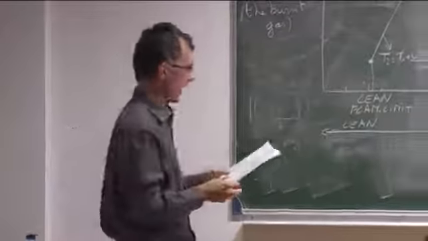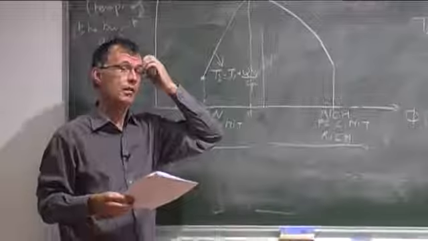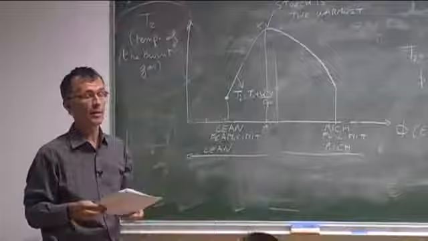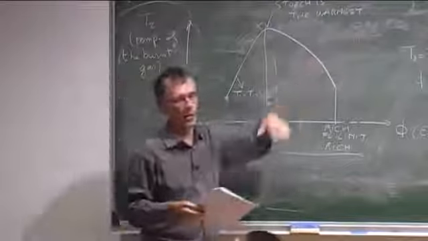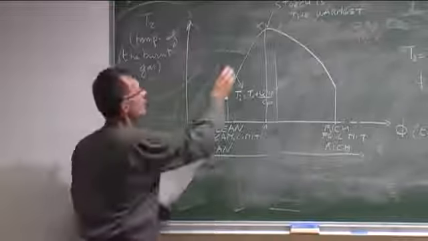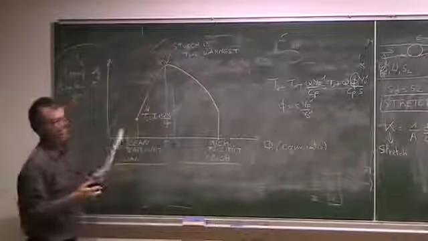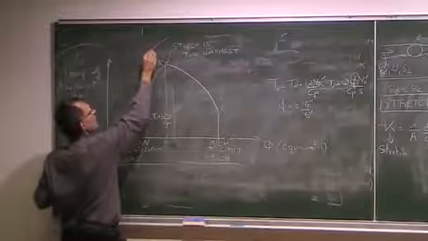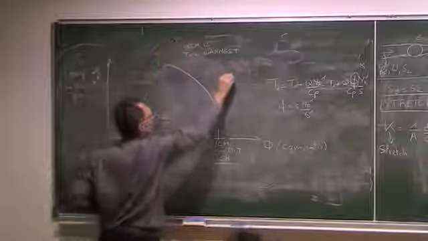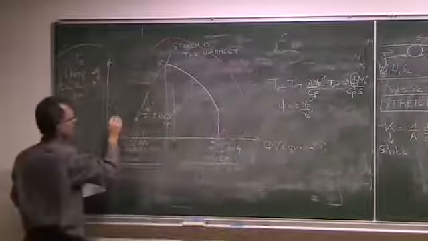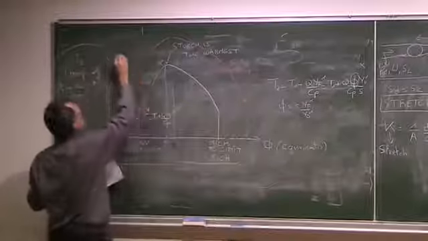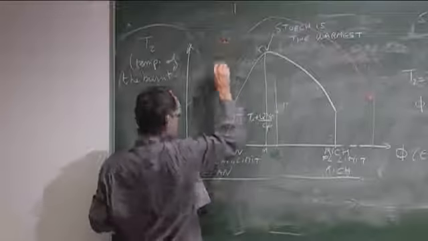Now, how do these things change if you change the temperature? If you go, for example, in a piston engine, the temperature of the cold gases is not going to be cold, it's going to be hot. You're going to have, instead of 300 K, 600, 700 K or more. Then the curve will look like this. The speed will be larger, and the temperature also will be larger. And then the flammability limit will extend like this. In other words, you go from here to there before you get quenching. So this is for a temperature T'1 larger than T1.